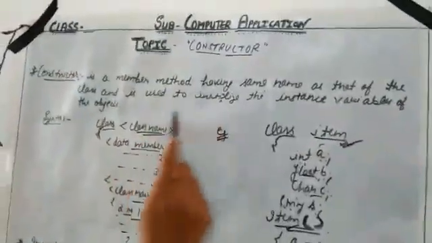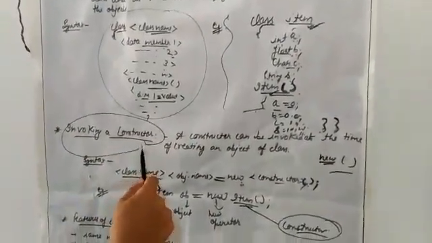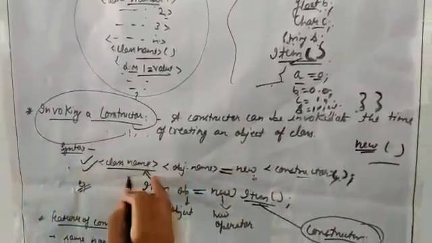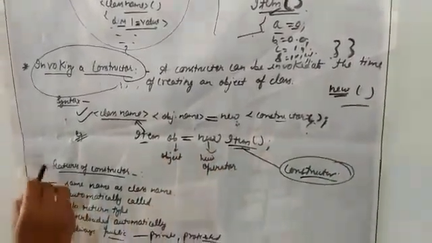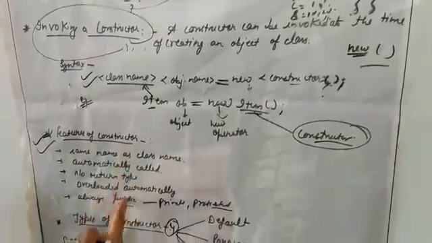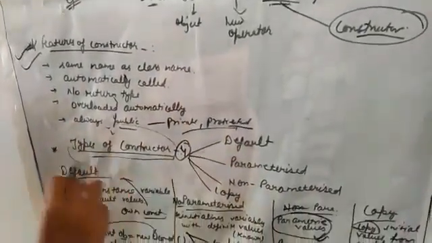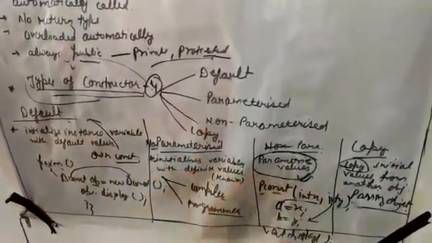I have told you about the constructor, a constructor definition with its syntax, and this is the example. Then invoking a constructor means how you are going to create the constructor in whatever program you are writing, with the help of this syntax. This is a new constructor with the help of item; I have taken the class. Then second, what are the exact features of a constructor? These are the features that I have told you. Then the last one is types of constructor. 4 types: parameterized, default, non-parameterized, and copy. Got it?